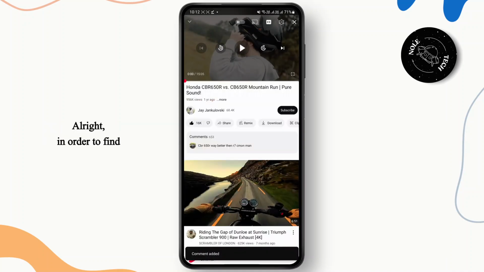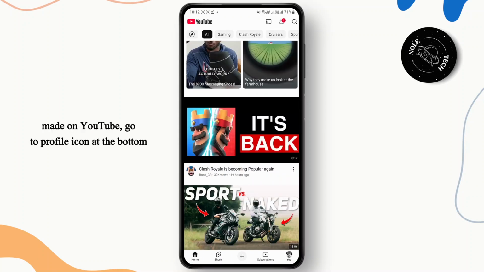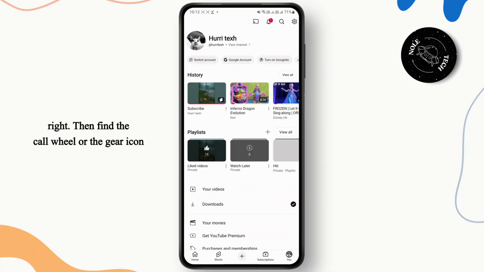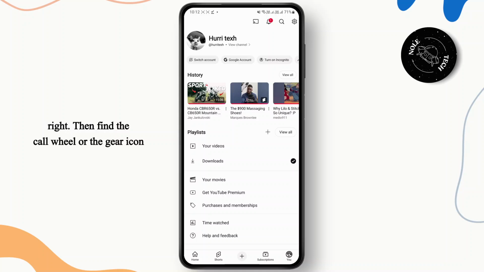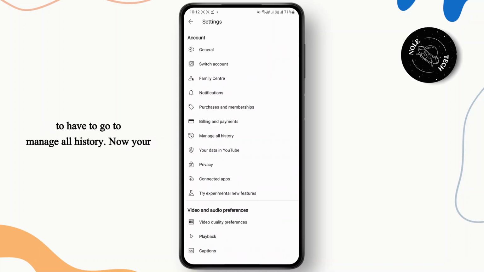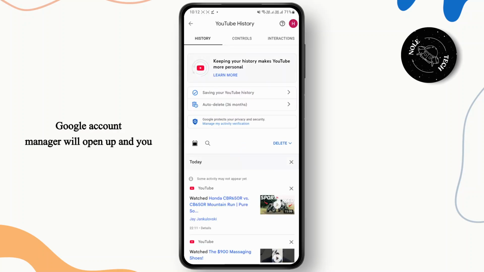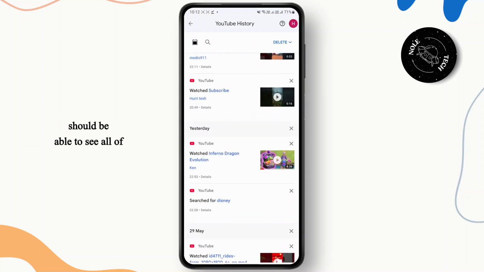All right. In order to find the comments that you've made on YouTube, go to profile icon at the bottom right. Then find the cogwheel or the gear icon at the top right corner. From here, you're going to have to go to manage all history. Now your Google Account Manager will open up and you should be able to see all of your watch history